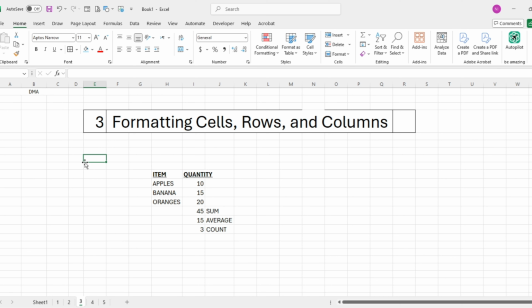Great job! In our next lesson, we'll dive into sorting and filtering data, a must-know skill for handling large data